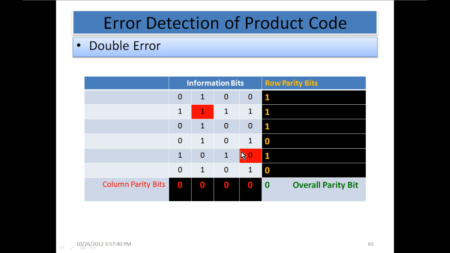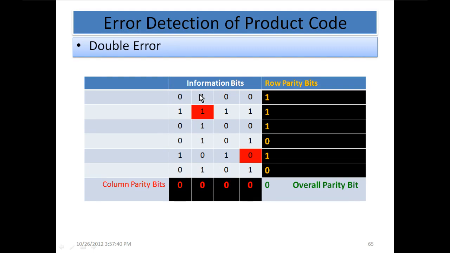Since the number of errors in the vertical and horizontal code words is odd, the error is detected and can be corrected, because its location is determined. But in this case, the location cannot be determined because the number of errors is even for the parity check. So the main thing is whether the number of errors is even or odd.